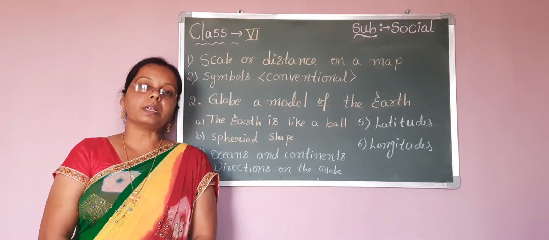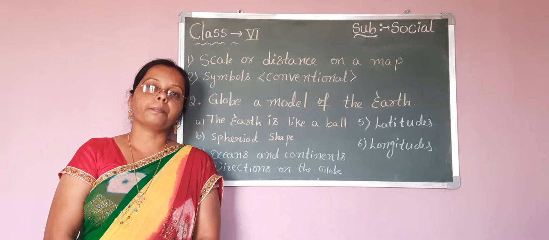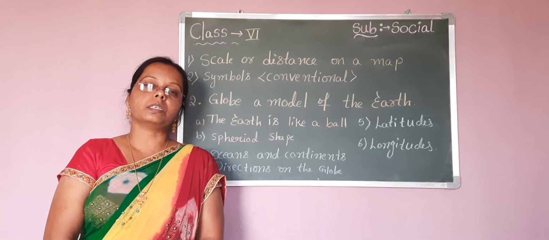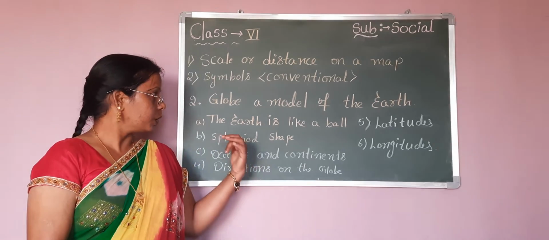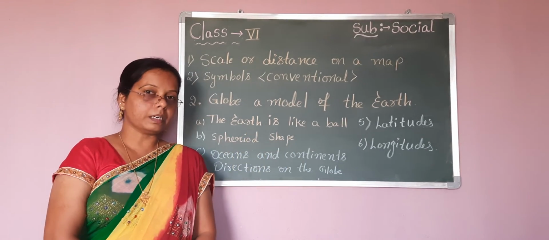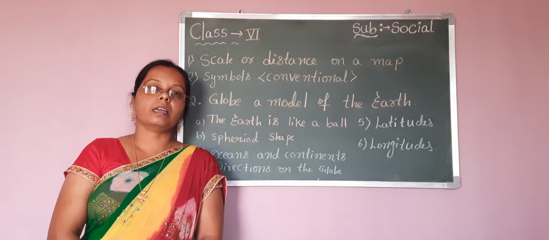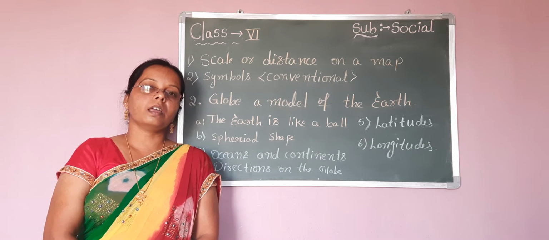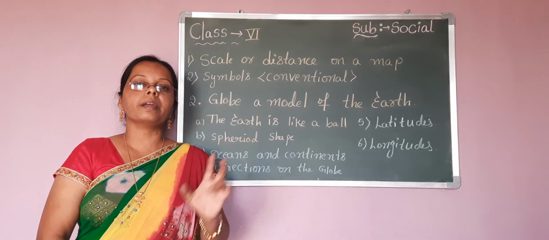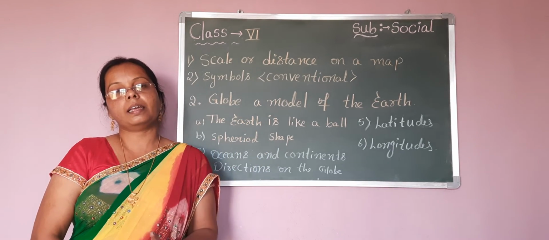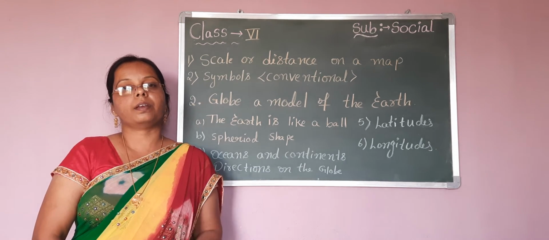Here, most people think that the earth is round or looks like a ball. But actually, it is not round and it is not flat. It is a spherical shape. So, the earth is like a ball. But here, the spherical shape means the earth is neither perfectly spherical nor a ball, because on the globe, if you observe the northern point and the southern point, it is pressed slightly and it bulges in the middle. That line is called the equator.